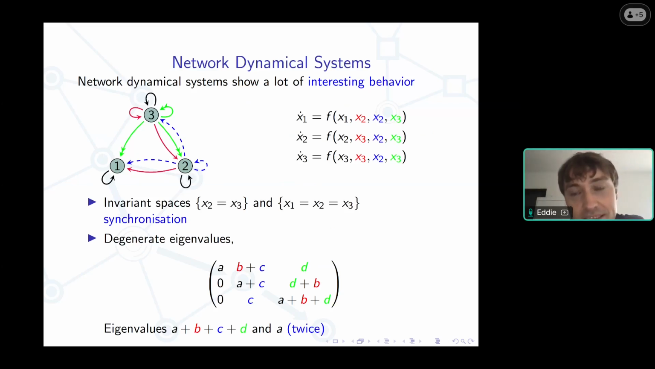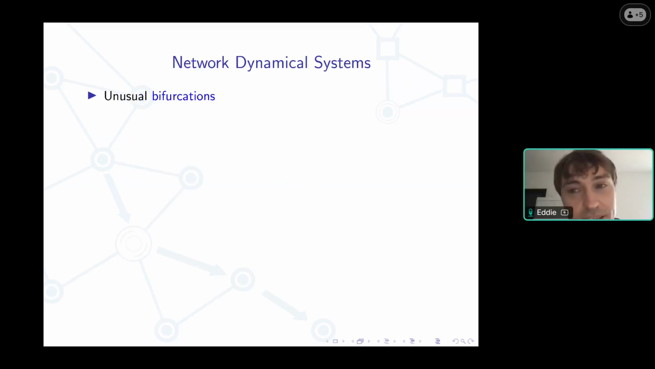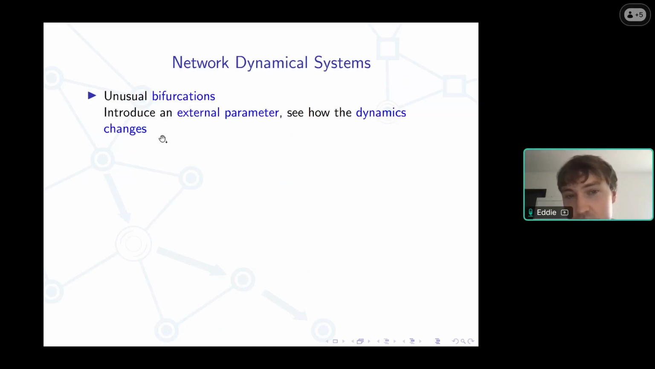And related to this is, of course, the topic that we will mostly be interested in this talk, which is that of unusual bifurcation scenarios. I'm not expecting everyone here to be fully familiar with bifurcation, so let me just quickly introduce that. The idea of a bifurcation is you introduce an extra parameter, an external parameter that you're allowed to change. So think of it as like a dial. You have an ODE, but you can change some specifics. And then you're interested in seeing how the dynamics changes. So you want to know not just changes in the numbers, but really